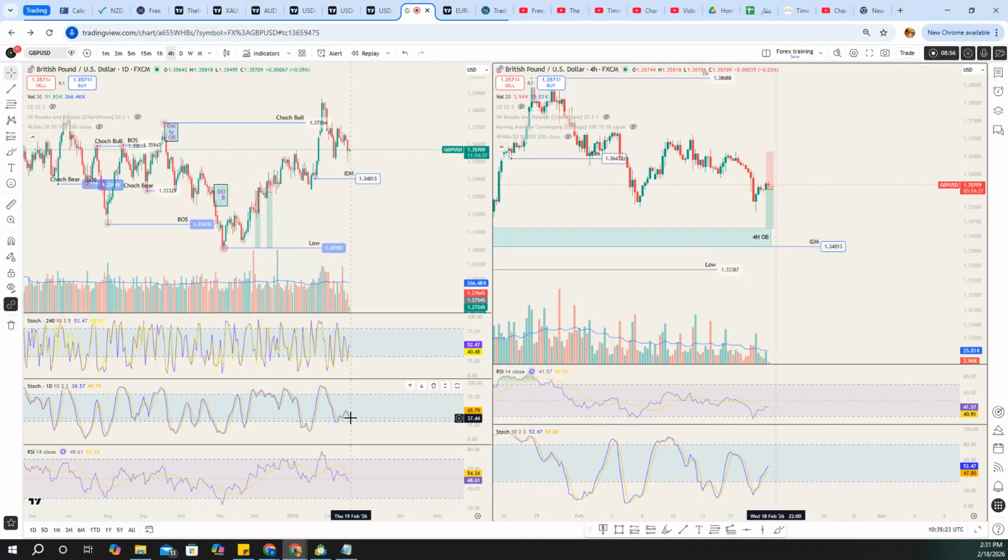The stochastic, we have a flip to the downside, which is with us now with the trade. The 4-hour is going up. Now this is what we went against the plan. And we thought because of the RSI and the stochastic, we can ignore this. Let's look at the RSIs. We said both RSIs on the daily and the 4-hour should be below 50 and below its MA. We still have the case on the daily, but on the 4-hour, when we took the trade, it was below the 50 and below the MA.